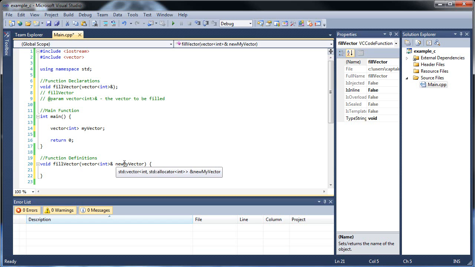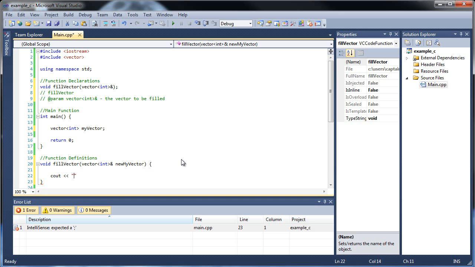Okay, so now we have our fill vector, and we're passing in our vector as a parameter. And this time we don't have to worry about a num of elements, because as we learned in the last tutorial, the push back function automatically resizes the vector, so we don't have to worry about passing in the num of elements to use it in our loop. So the first thing we'll have is a print message, and we'll have it say type in a list of numbers,